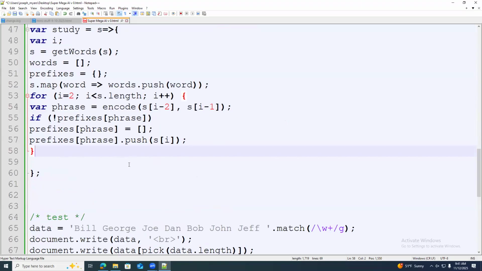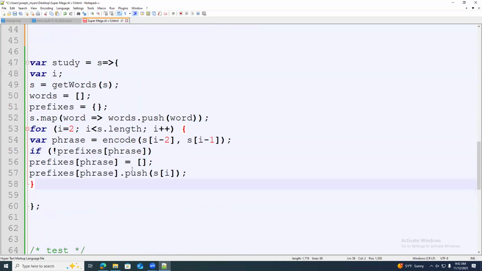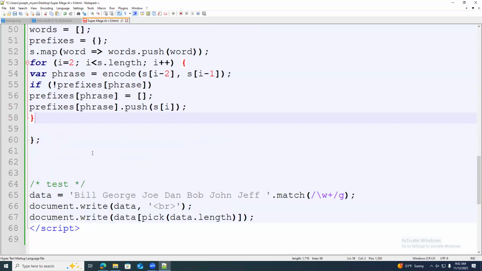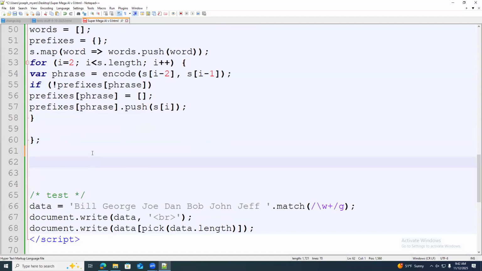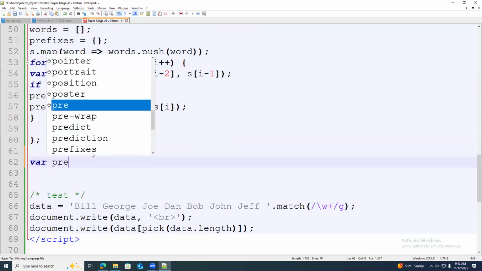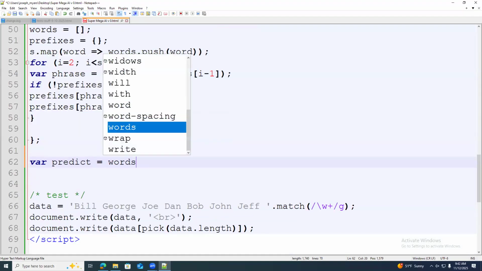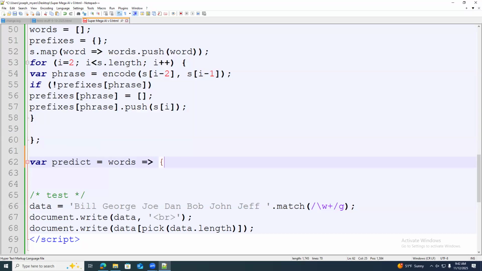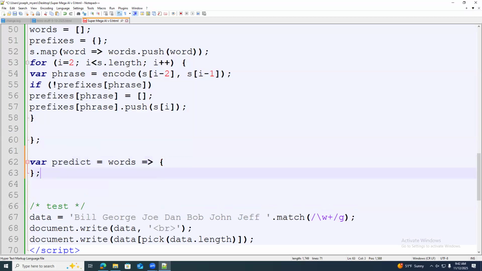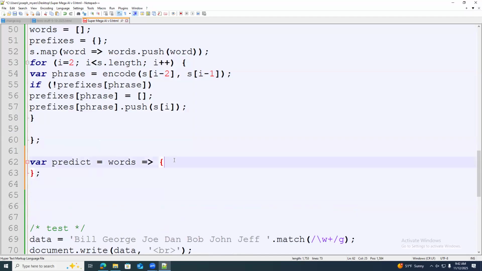Okay, so let's go ahead and see. Now there's no way to see if this actually works because the study function doesn't produce any output at all. So I could run the study function and I get no output from it whatsoever. So let's go ahead and add one more function. Ready? So variable predict equals words. And then the words you put into the prediction function are used to